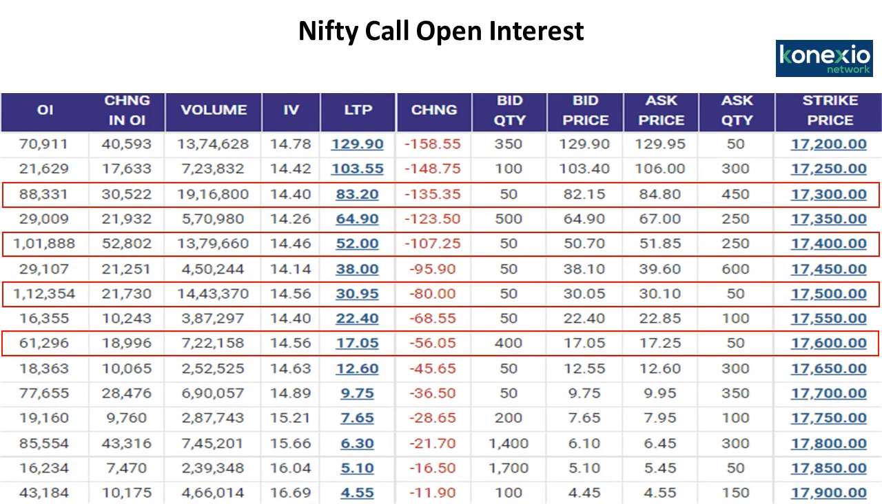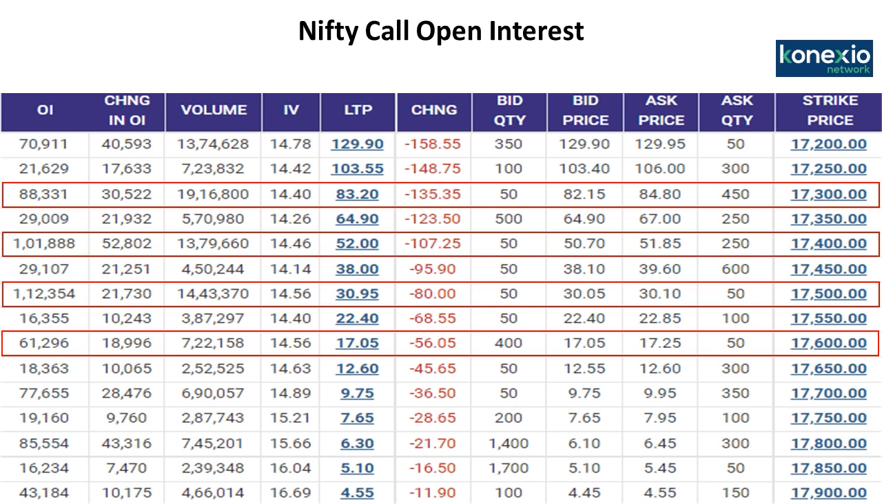In Nifty calls, the action was seen in 17,300 calls, I mean to say out of the money calls, then 17,400 out of the money calls, then 17,500 out of the money calls, and 17,600 out of the money calls. Now here you can see in the percentage change of the option premium, we have seen a significant drop in option premium. Implied volatility is between 14.40 to 14.56. Open interest is also rising, volumes are also rising, but the most important thing is that the significant drop in